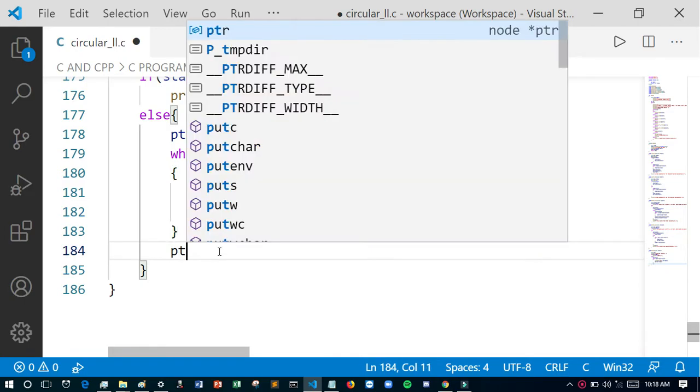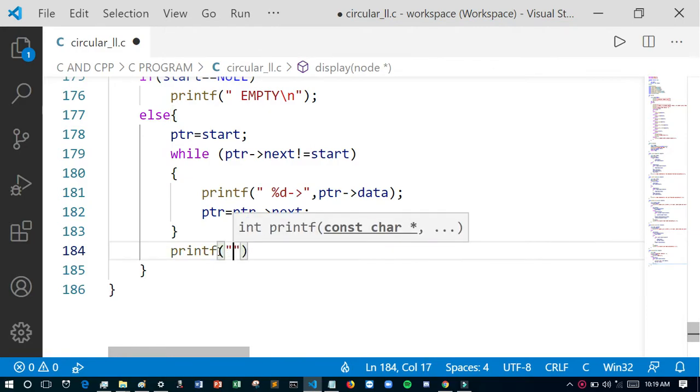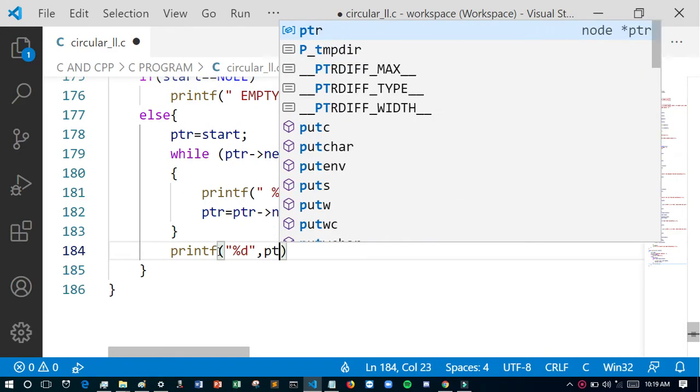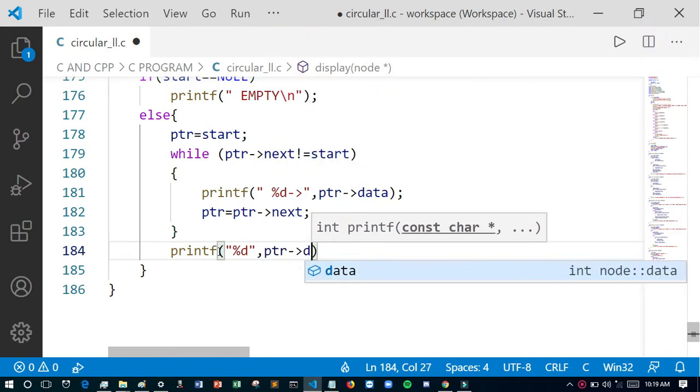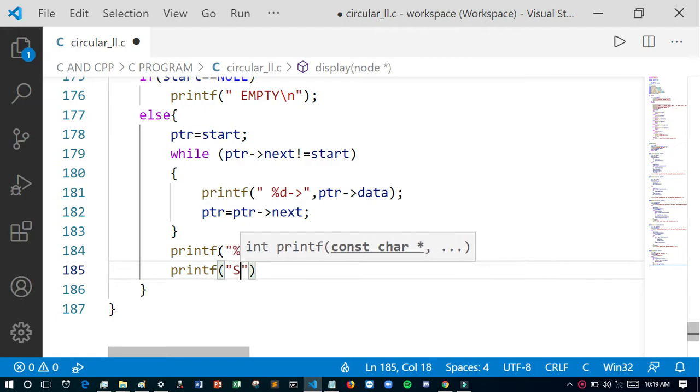And I want to also print the node which will remain, ptr data. If you write this line, it will show that the last node's address contains the first node's address.